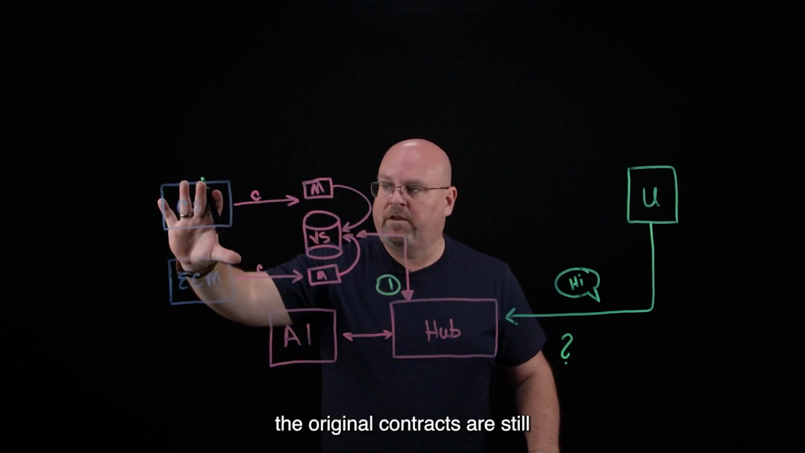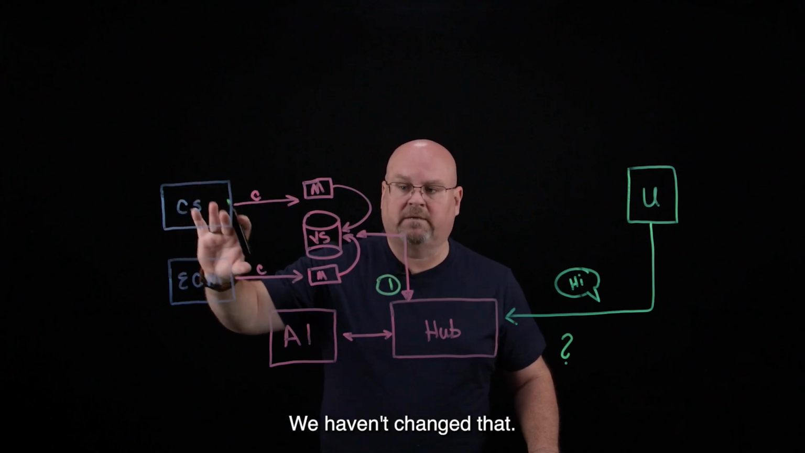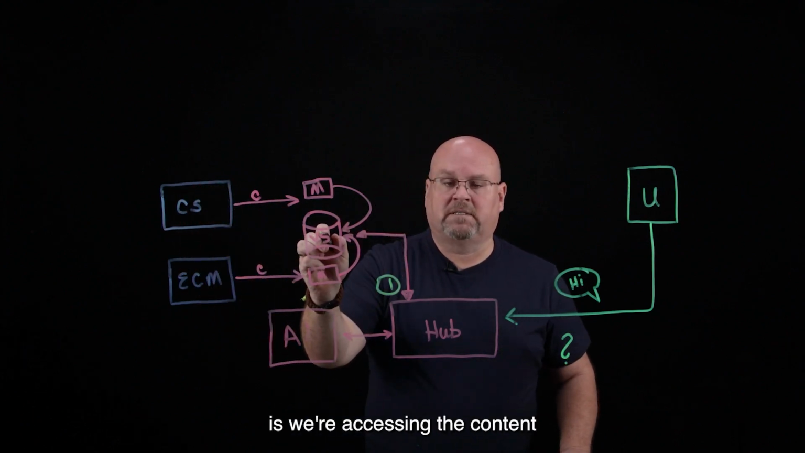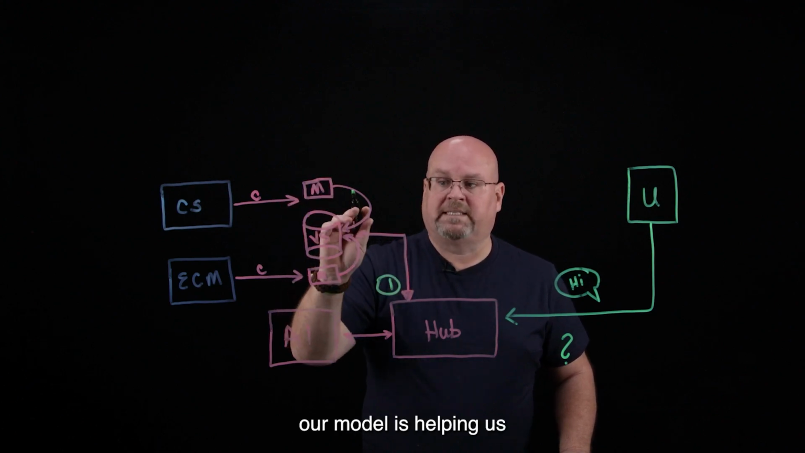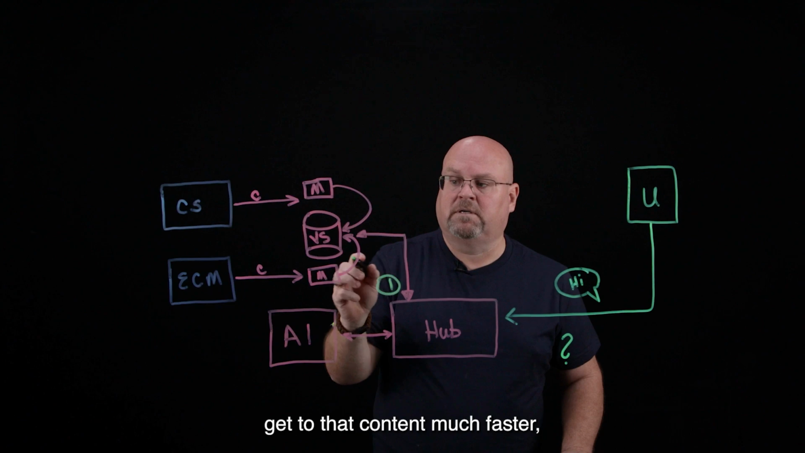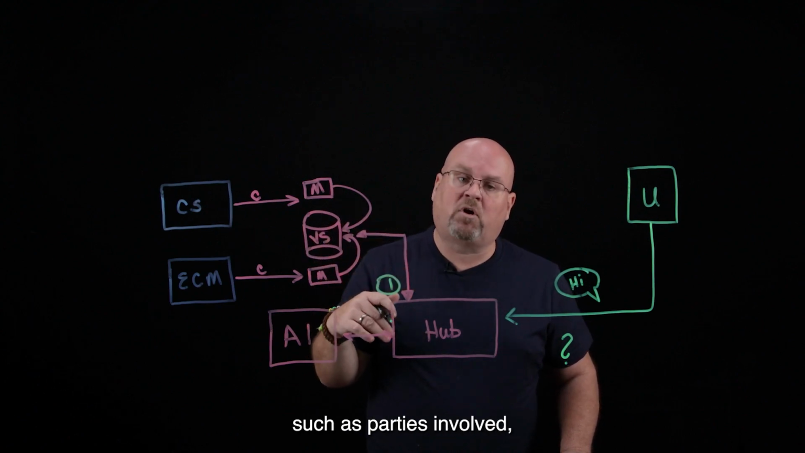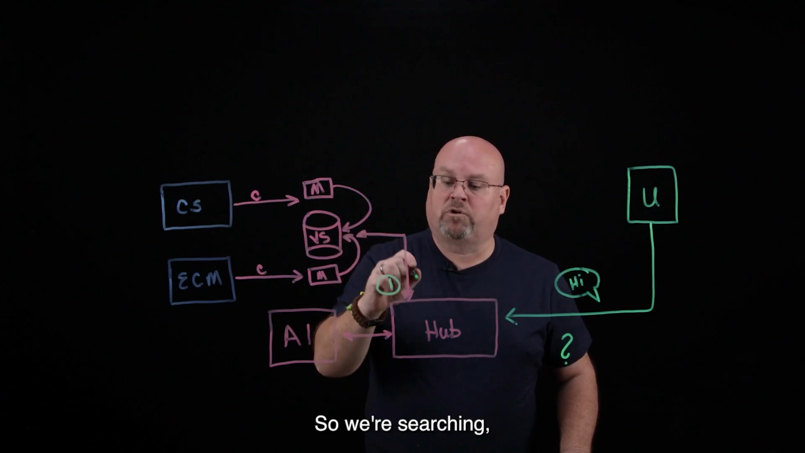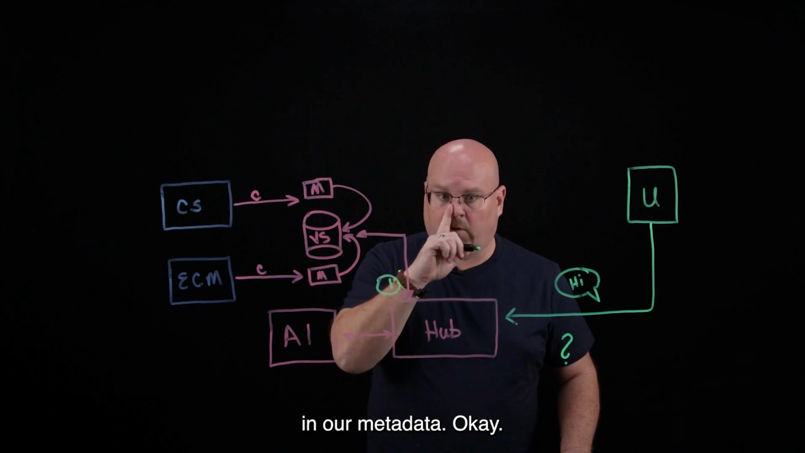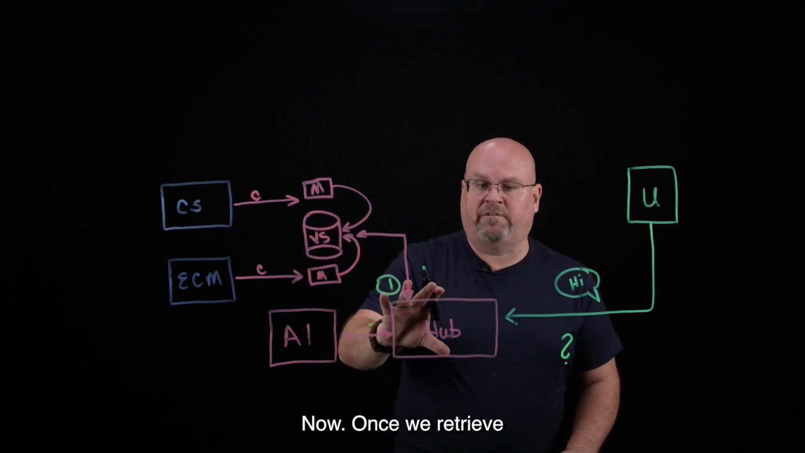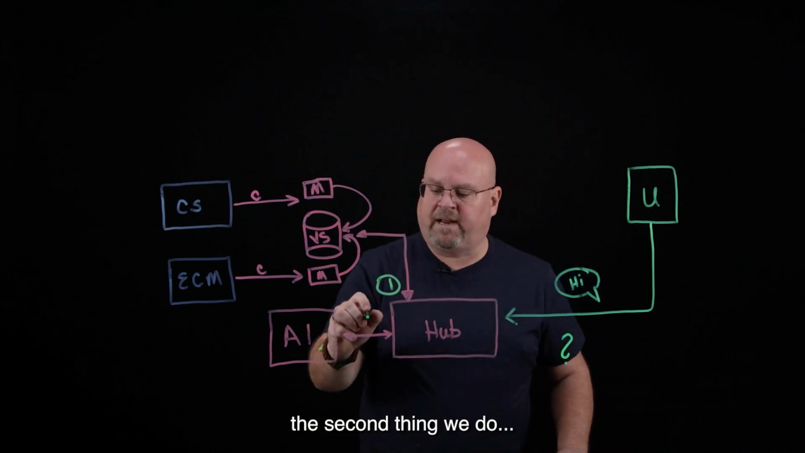Now, keep in mind, the original contracts are still in the record system. We haven't changed that. What we're doing is we're accessing the content that we've indexed into the vector store. Remember, our model is helping us get to that content much faster because we're identifying things that are in a contract, such as parties involved, terms and conditions. So we're searching, including those types of elements in our metadata. Okay, now, once we retrieve that relevant content for the question, the second thing we do